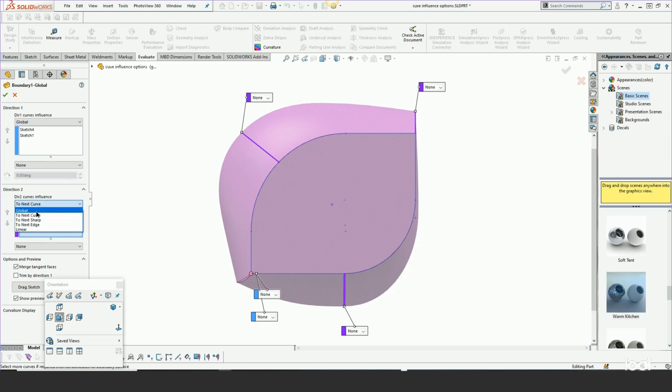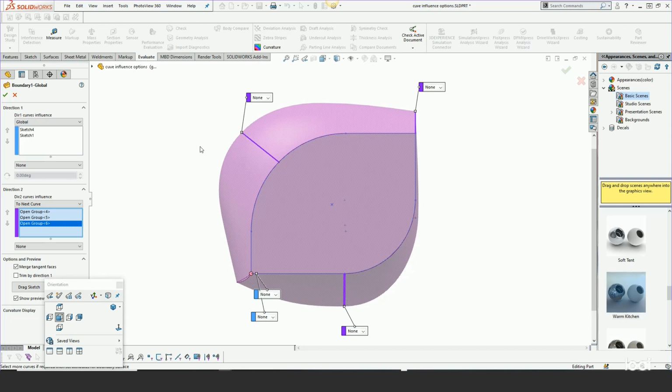So if we go back to global, global is just giving a general solution between those curves. It's not paying attention to the actual curve direction and its placement. If we go to next curve, you can see now that the curves are more greatly influencing the surface,